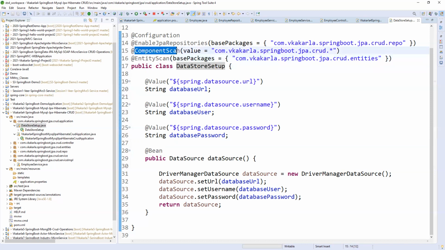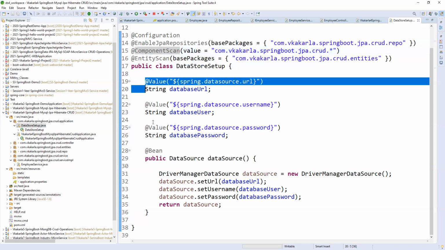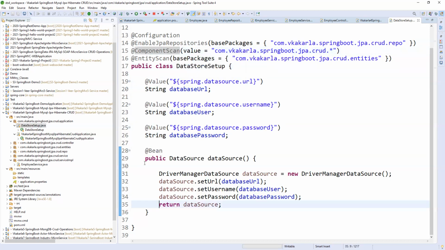Whenever you are using @ComponentScan and @Configuration on top of some class, when we run the application, the Spring container will read the configuration. It knows this is the class where the developer is writing configuration-related things, so based on the annotations, it will read it and register the bean in the container.